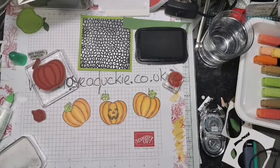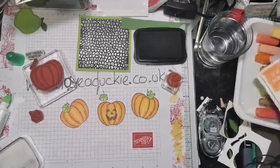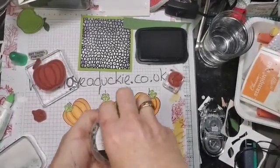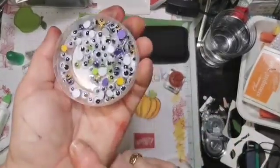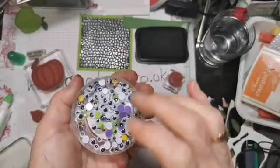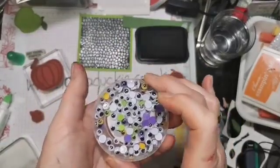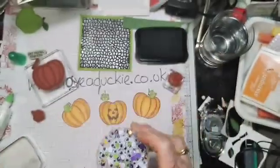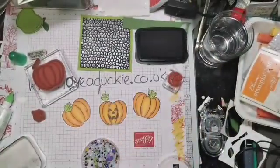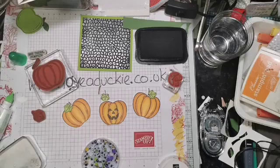And the other thing I'm going to bring in, can't find them, is the googly eyes. So we've got an assortment of googly eyes with a variety of different colours. There's lots of just white ones, but there's some that are green, some are sort of like the mango-y colour, some are purple. And I am going to get my pickup tool,